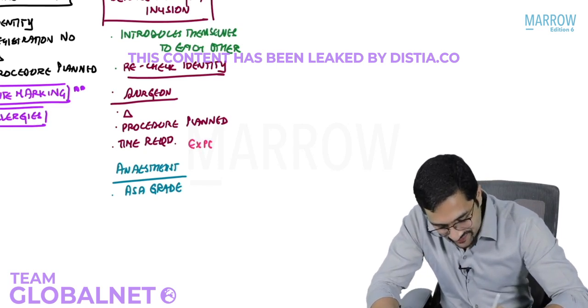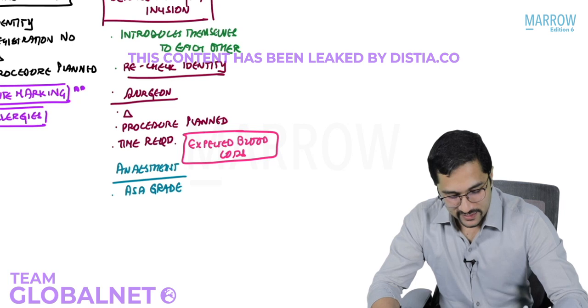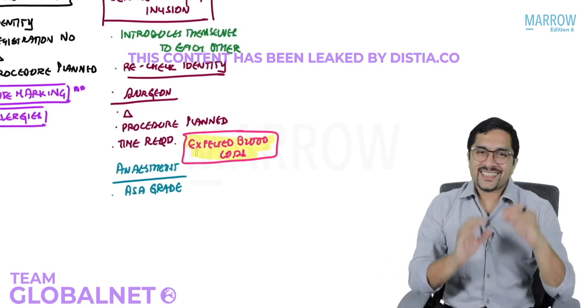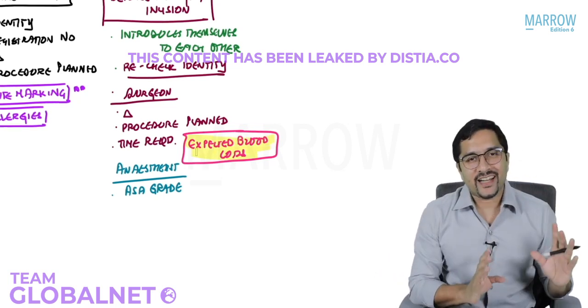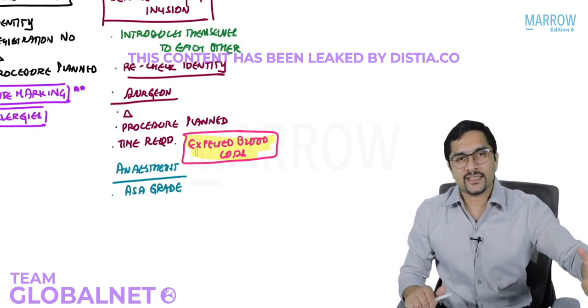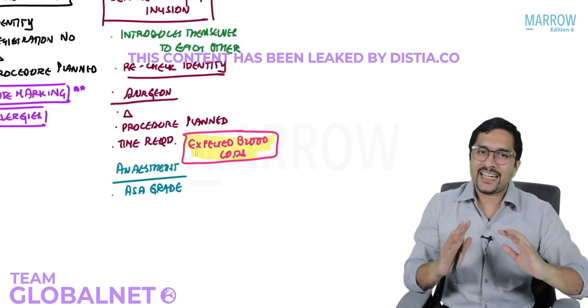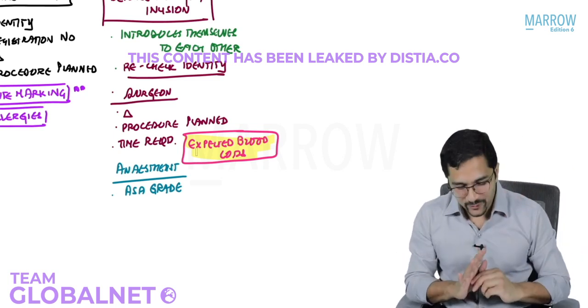Now, one more thing which is very important, which is asked from the surgeon, is the expected blood loss. So the surgeon is asked, how much blood loss do you expect in this surgery? And surgeons will always under quantify this, right? If there is going to be 500 cc of blood loss, they'll just say 100 cc. So surgeons have a tendency, they'll always speak the lower amount.